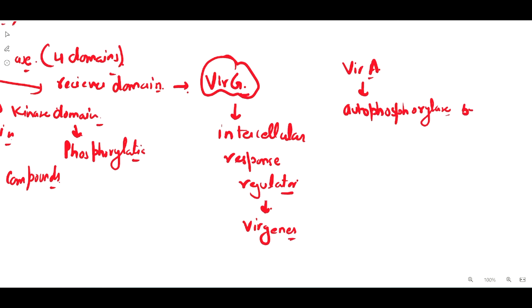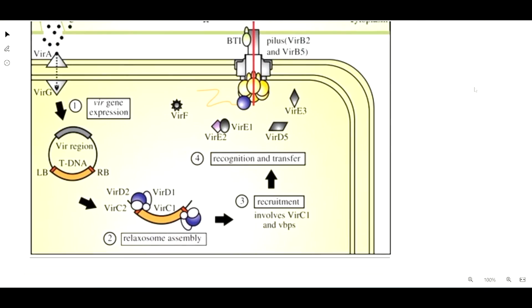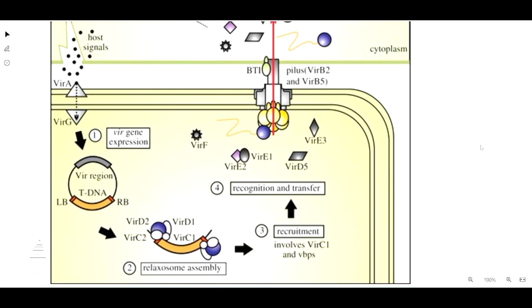This by its own kinase domain, right? And it transfers its phosphate group to Vir-G protein, and it initiates the transcription of Vir operons, right? So as we can see in this image, what is happening here is that the signals are coming from the wounded